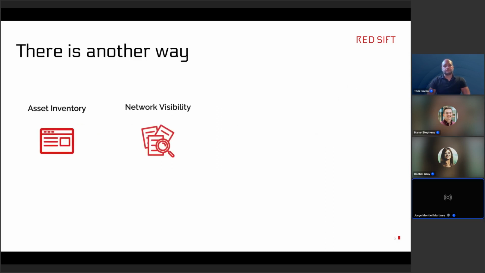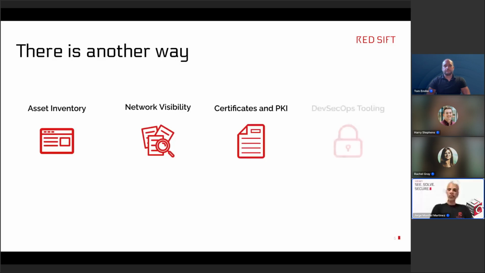But there is another way, of course, and what we're going to show you is, as part of our platform, how to get an asset inventory in place in which you discover not only the assets that are yours and how they're configured, but also if there are issues, trying to solve them. This could also be around network visibility, being able to see the top 1,000 UDP and the top 1,000 TCP ports,